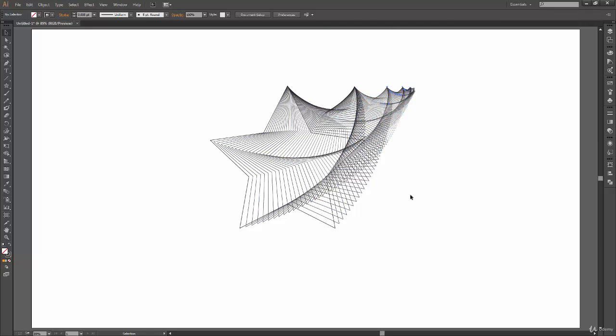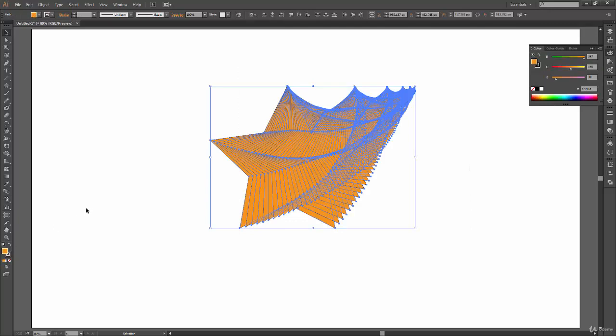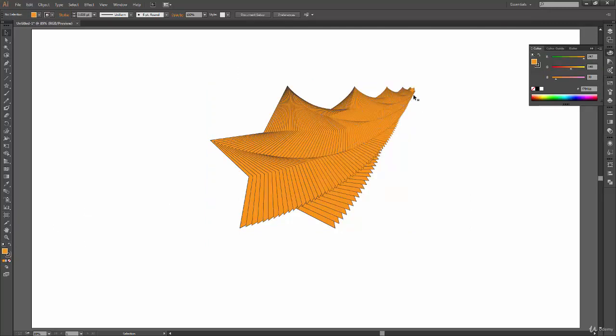So now you can see how beautiful it has come out. It has created such a kind of pattern by itself, and if you try to fill some color in it, I think it will, yeah, it looks really good. So it gives a very abstract design over here, and this is just another example of what you can do